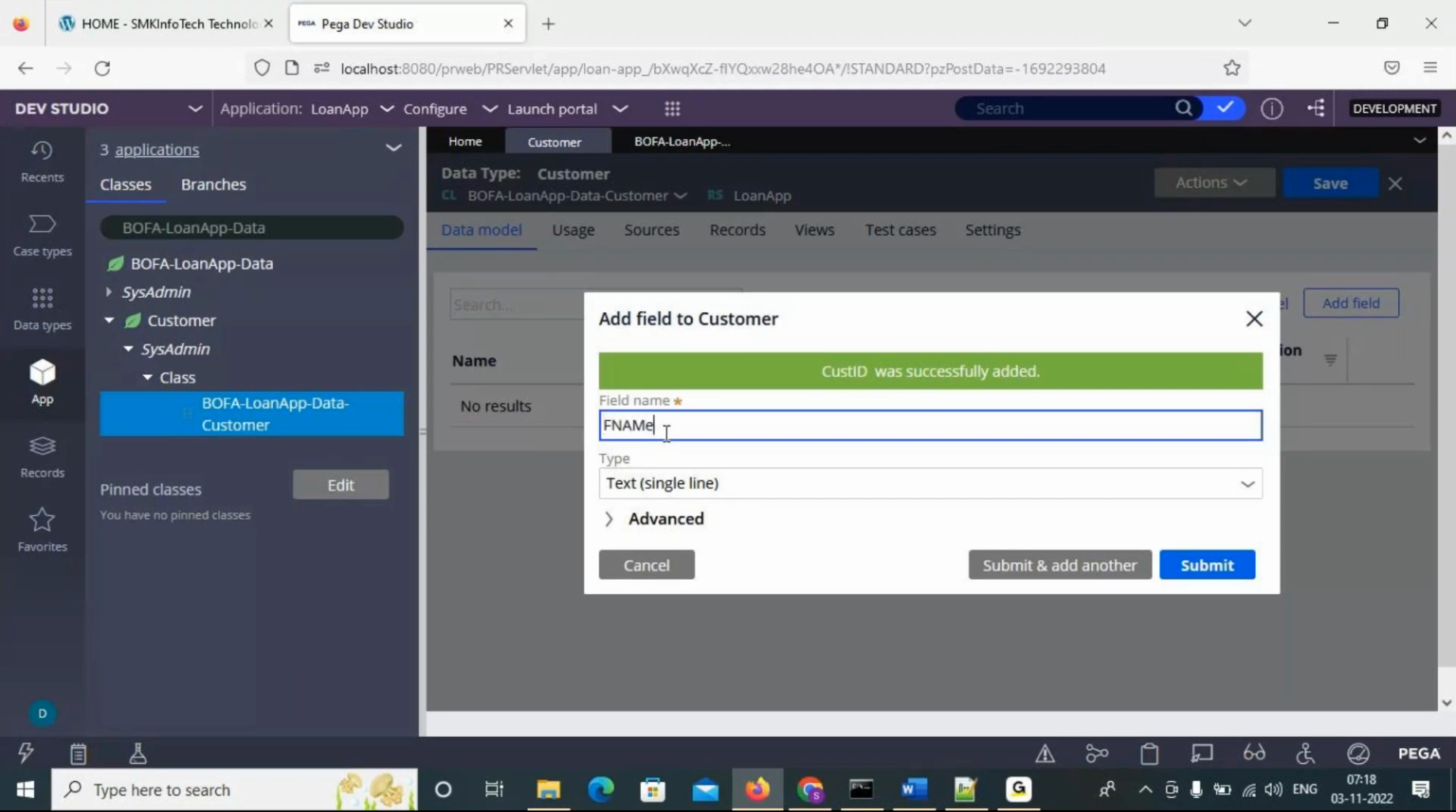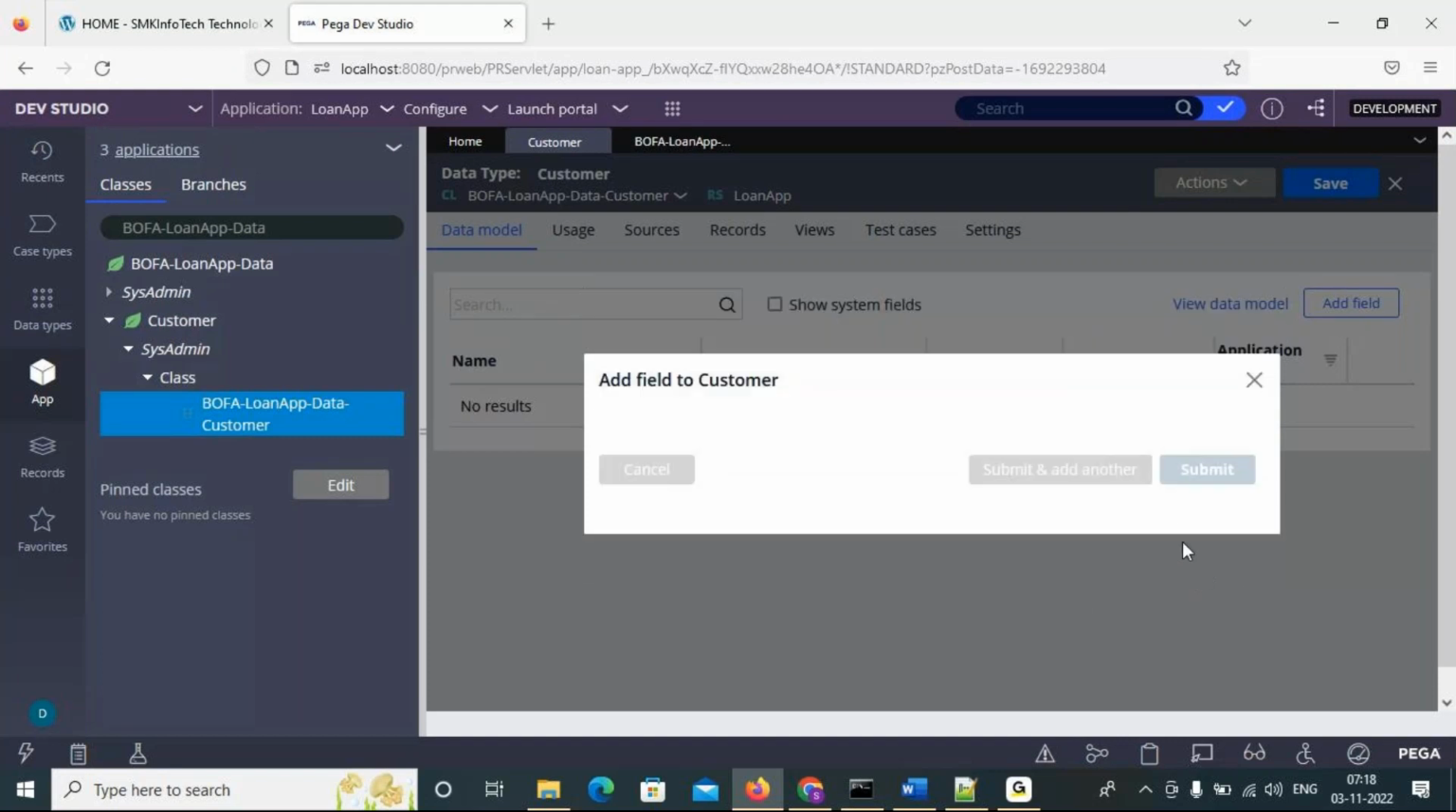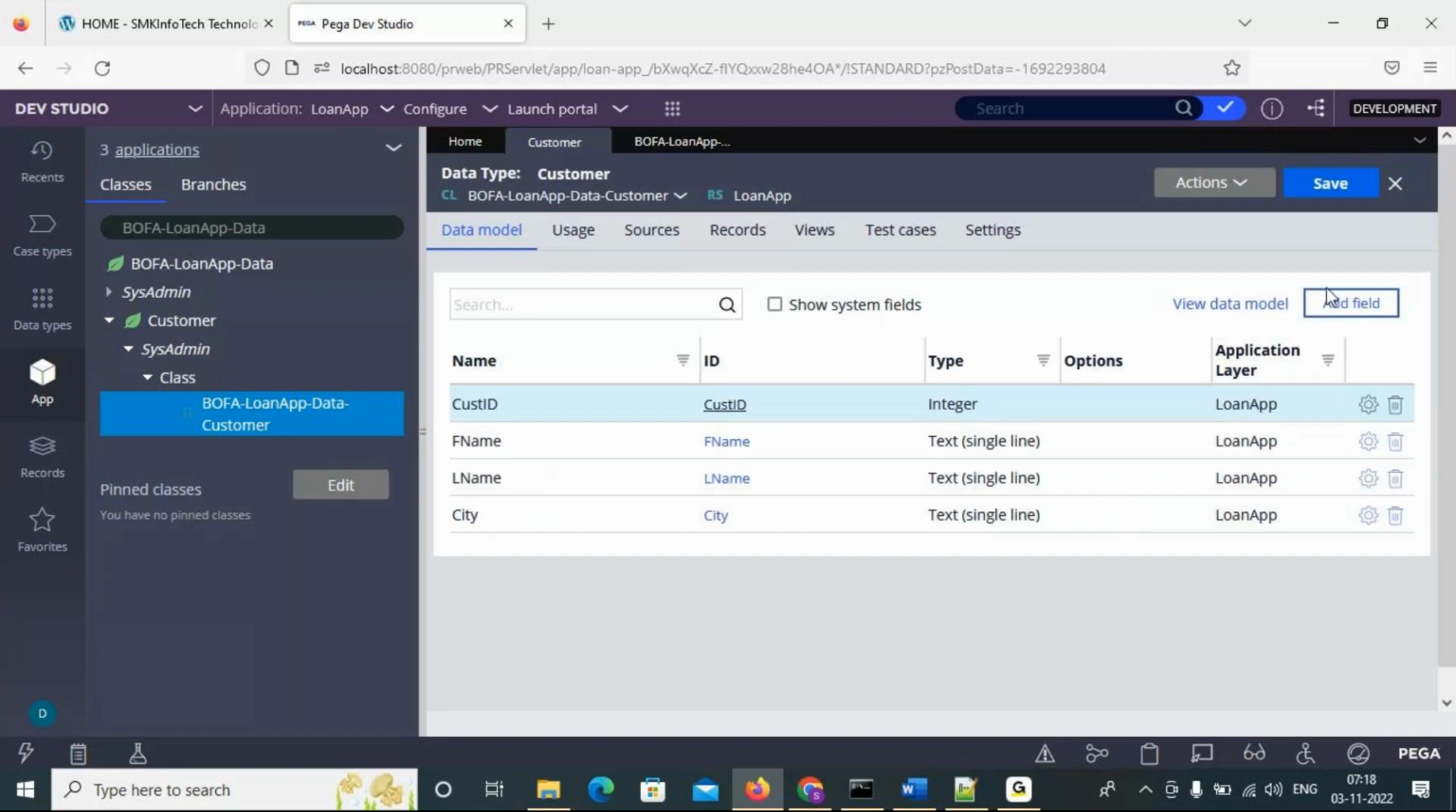First name is a text. Last name, text. We can add city, date of birth, something. You can add many of the fields. Text. Enough, 4 is enough. If you want, you can add many of the fields. Okay, so now 4 fields are added